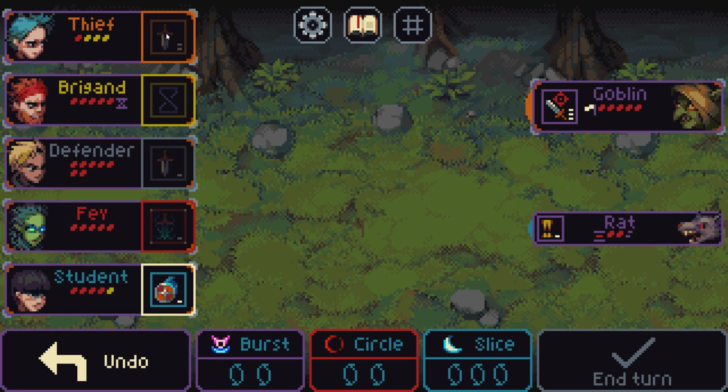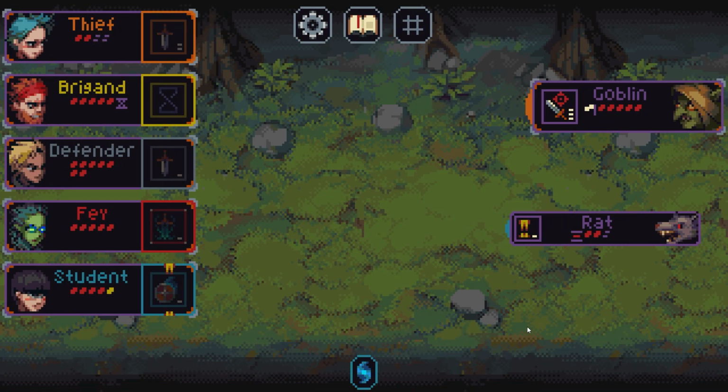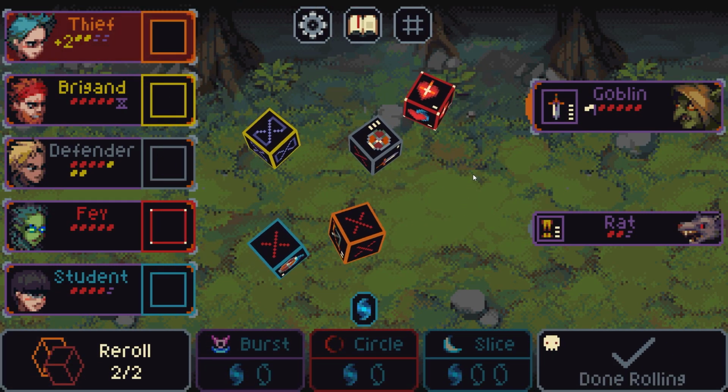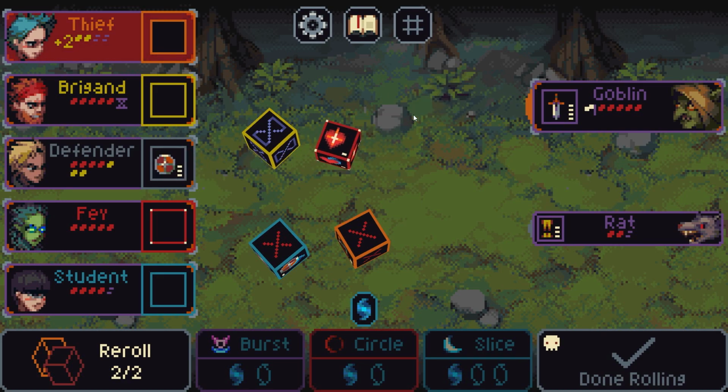Fae, and then we will protect the thief and be on our merry way. All we have to do is kill the rat and we win. The goblin will run away. Scary, yada, yada, yada. We just got to do 2 damage. If we can't do 2 damage on this turn... Oh my god, if we can't do 2 damage on this turn...